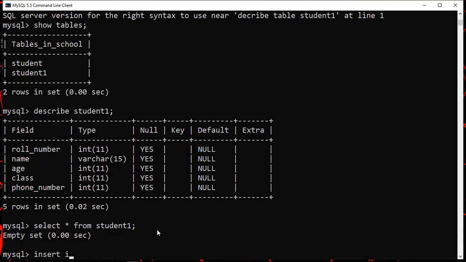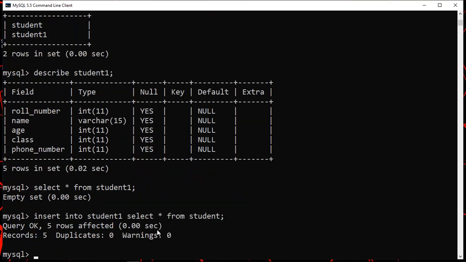Insert into student one. Now we don't need to write the values directly, we'll pick up the values from one table. So we will write select asterisk from student. We'll press semicolon and enter.